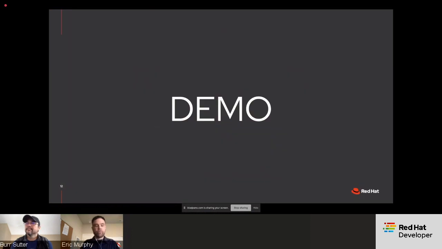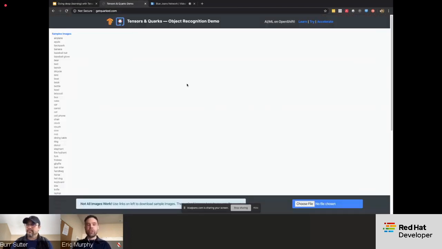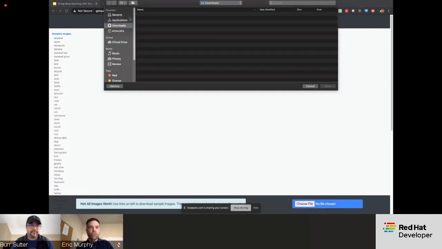And so now I'm going to jump right into the demo and show you what I built here. So this is the Tensors and Quarks application. This is a Quarkus application. It has an HTML user interface. And it has a variety of links here on the left that will allow you to download images that you can actually upload down here at the bottom right. I'll walk through some instructions on how to do this, but first I want to show you some